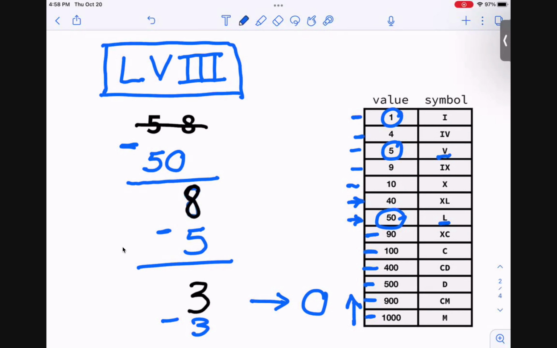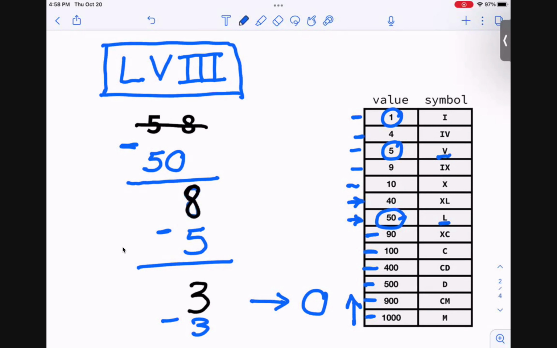So that'll be M, and then we'll have, let's see what's next, CM, and then D, CD, C, and then 90 is XC, keep forgetting to put these in quotes, XC, then we have, let's see, we've done XC, so L,